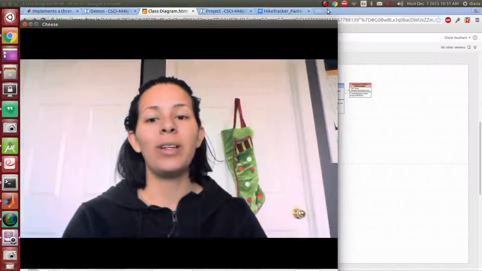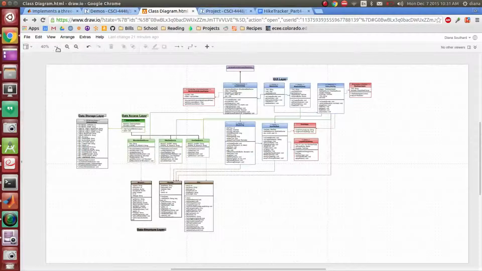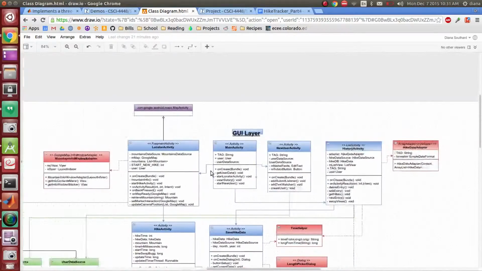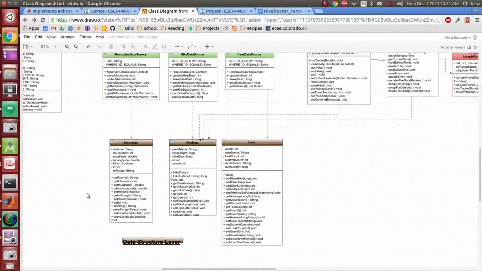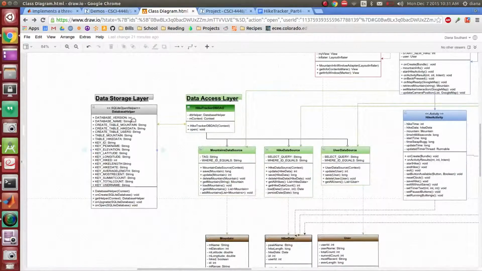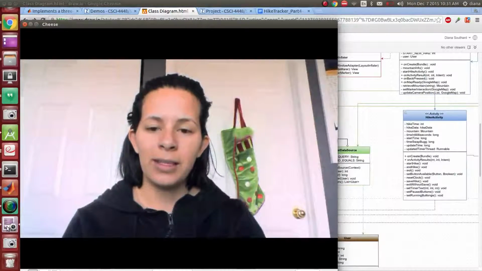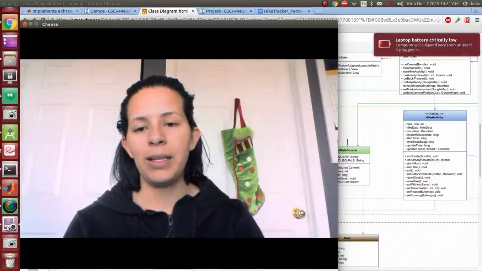Okay, so with our particular application, we decided to go with a layered architecture, and you can see that here in the class diagram. This is the overall class diagram. You can see the different colors indicating the different layers. Up here, we have the GUI layer, which is what the user sees. Then we have a green data access layer, a brown data structure layer, and then a gray data storage layer. And we went with this particular architecture because we could see this application could be